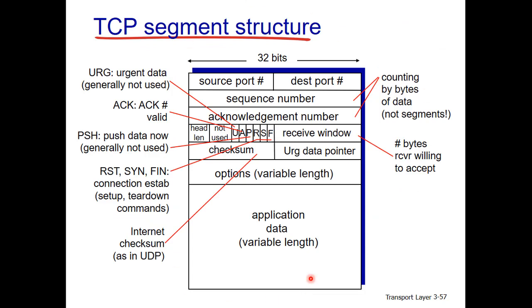So this is the header of TCP. It has a source port, which is a 16-bit number. It has a destination port, which is again a 16-bit number. It has a sequence number and an acknowledgement number. They are used to tell which data the sender is sending. So the receiver knows about the sequence number, and the receiver acknowledges the sender with the acknowledgement number. Okay, we will talk about how this is used in TCP.